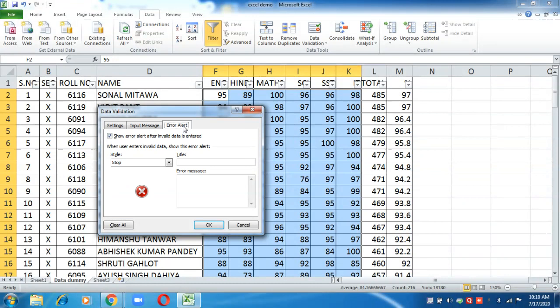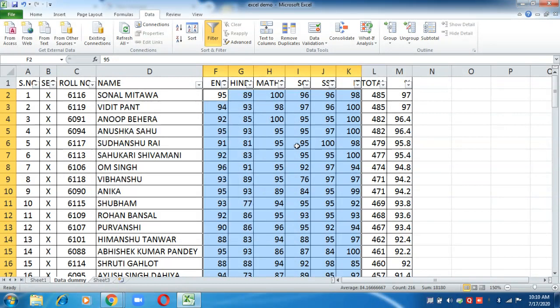At the time of error also you can type your message. If somebody enters marks beyond 100, I want it to display a message: out of range. Okay, now if I go to any cell, it will show me the message enter marks between 0